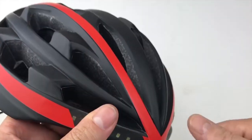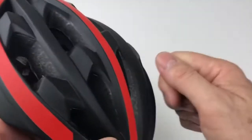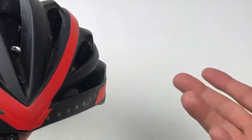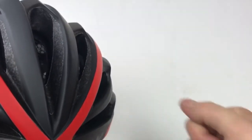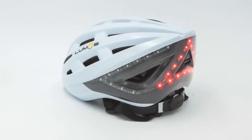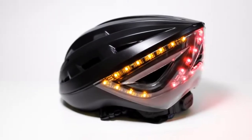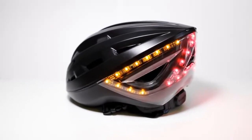Safe-Tec also offers a unique crash credit. If you crash and damage your Safe-Tec helmet, just send them a picture and tell them what happened and they will give you a credit towards your replacement. Awesome! Now let's compare the Safe-Tec tier with the Lumos Smart Helmet, which currently sells for $200, comes in one